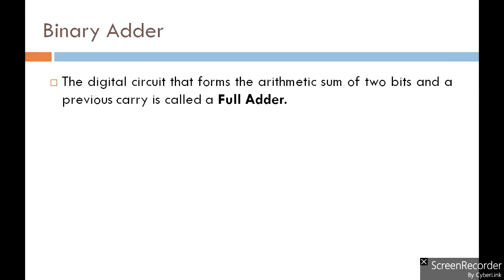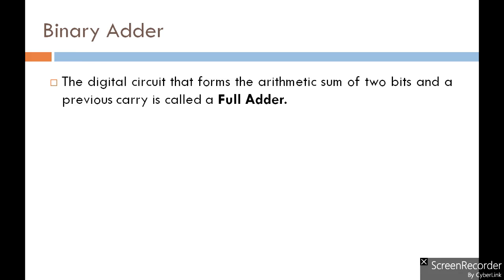So friends, as you know, a digital circuit that forms the arithmetic sum of 2 bits and a previous carry is called a full adder. In a full adder we have 2 input bits, A0 and B0, and at the same time a carry input C0. So we are adding 3 bits. For that we have the full adder circuit, which generates one sum bit and one carry